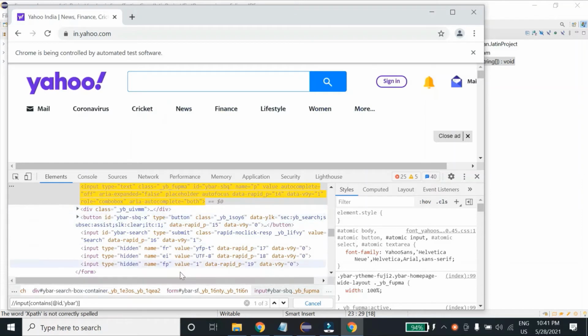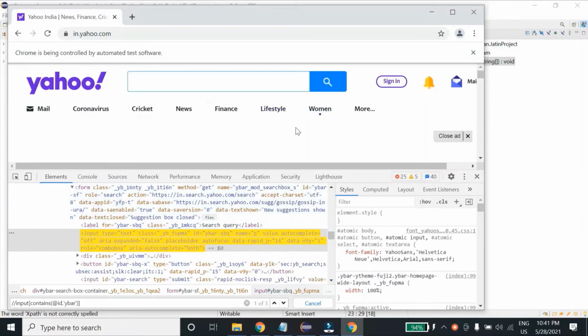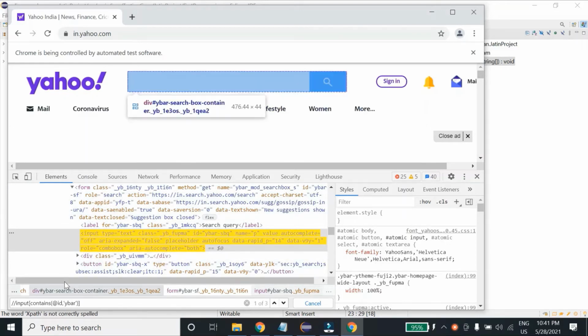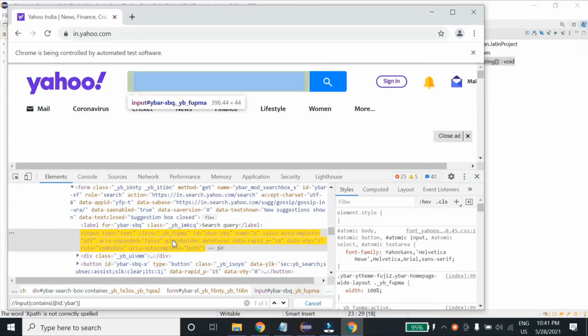Let's try to find some other element which will have only one unique locator. So let me try for this.